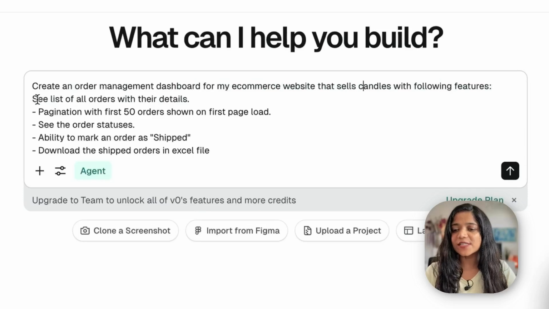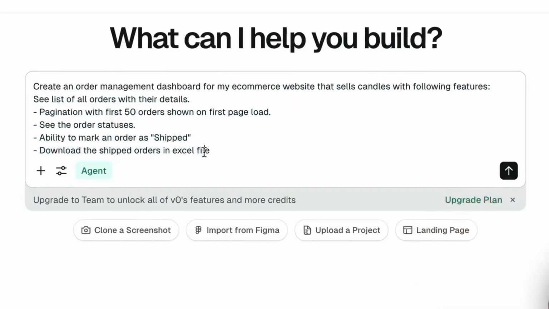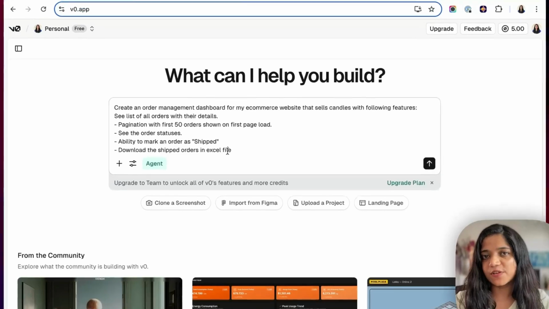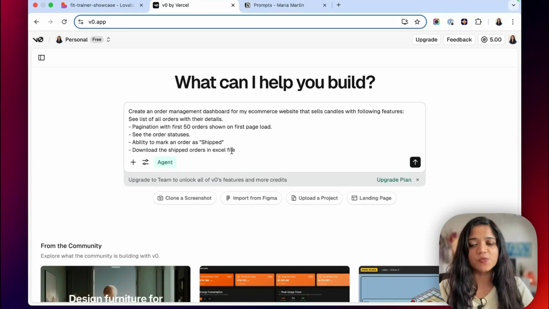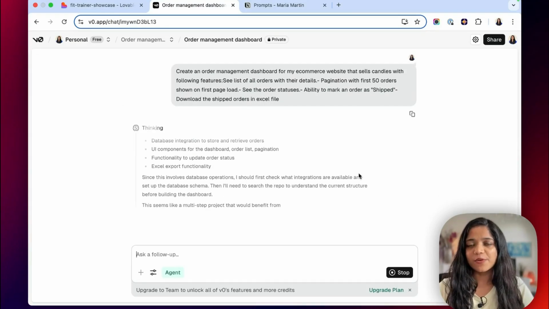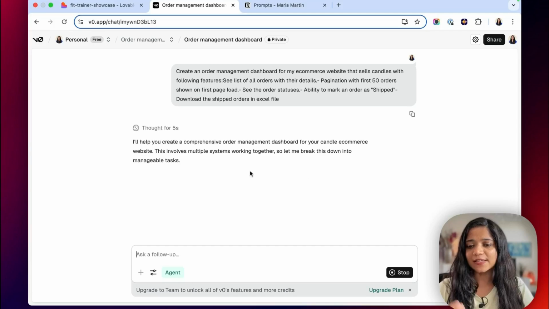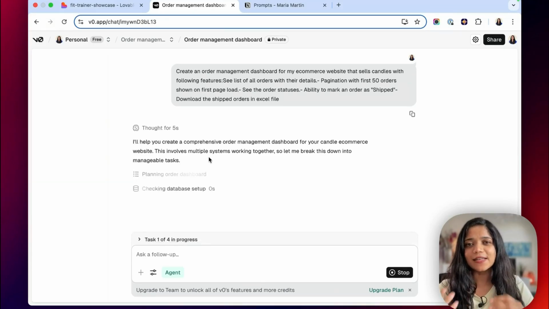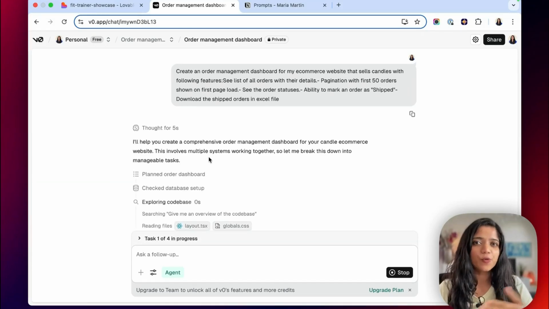And I have also listed down all the features that I want. Now, this is the part of context that I was referring to, which was missing in our first prompt. Now, here what I have done is given enough information about what I want from this website in the first place. And so let's go ahead and click on enter and see how the output looks like. So Vercel also does a pretty similar job to Lovable in that it starts thinking and it starts laying out its approach on how it would proceed further.